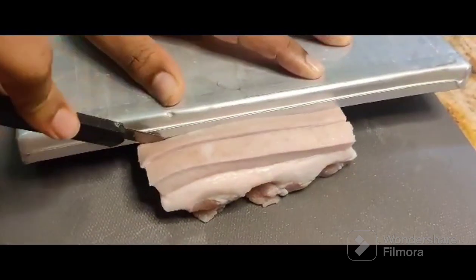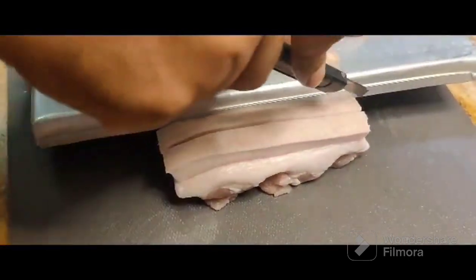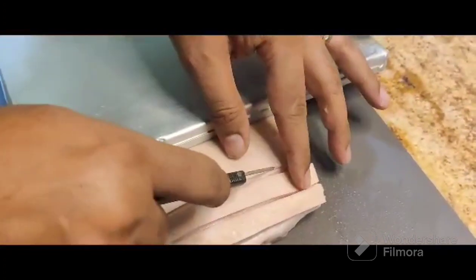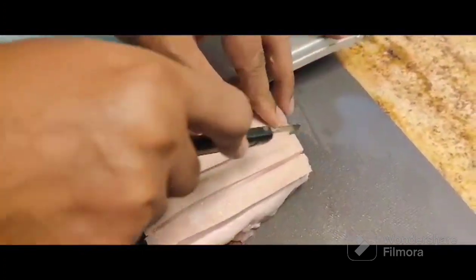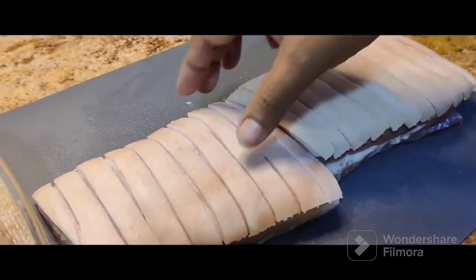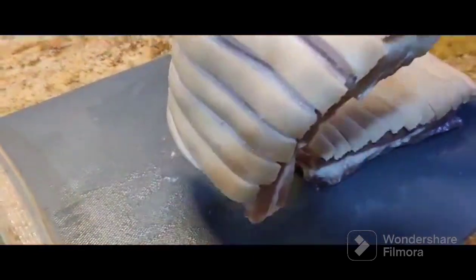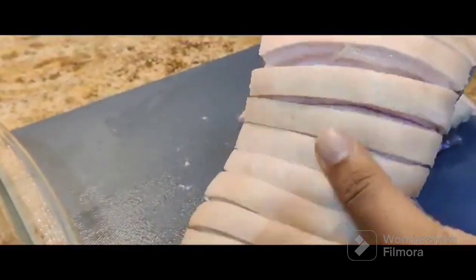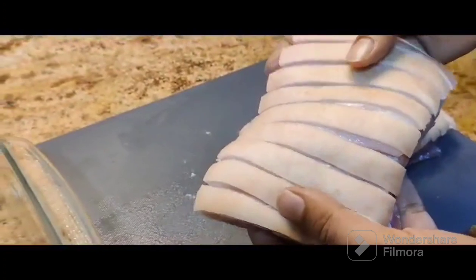So this helps us later on to cut the pork easily, as well as for the salt to go in properly and to get that lovely crackling. So now, as you can see, we have made nice cuts on this pork belly. Okay, and we're going to transfer it to the